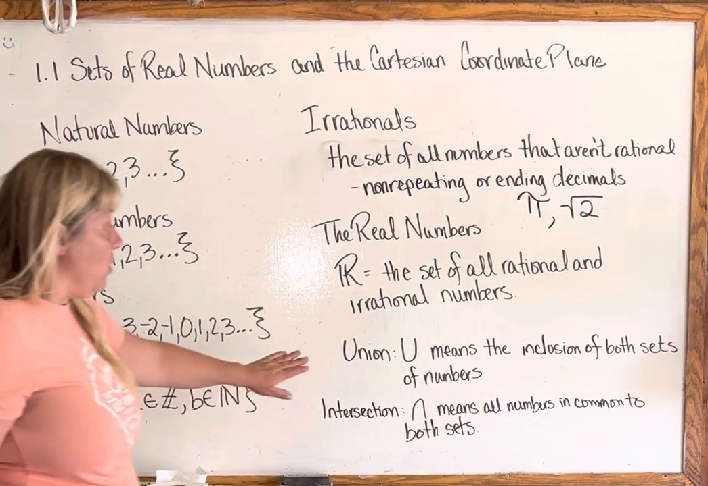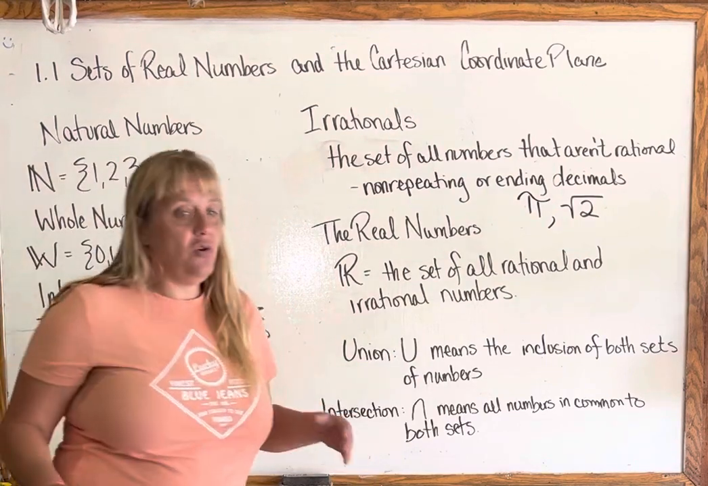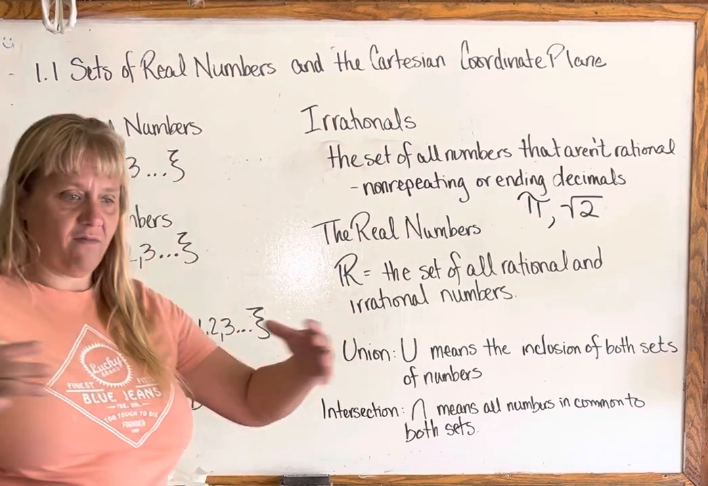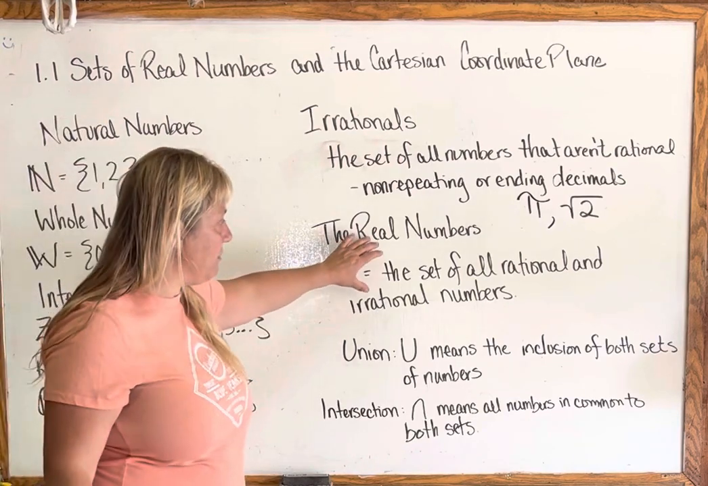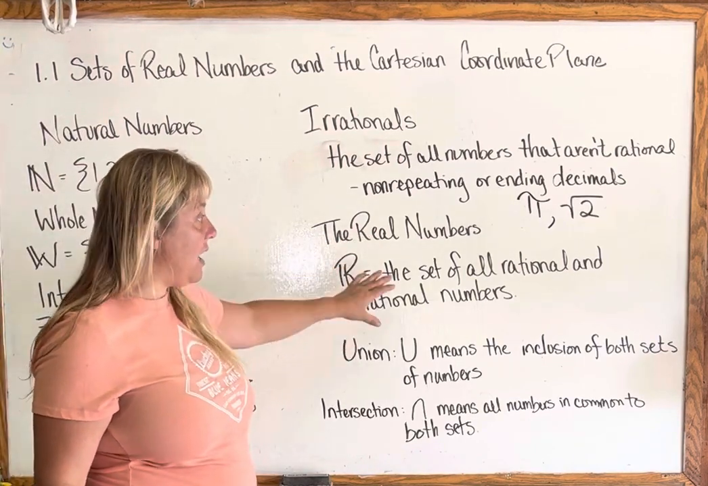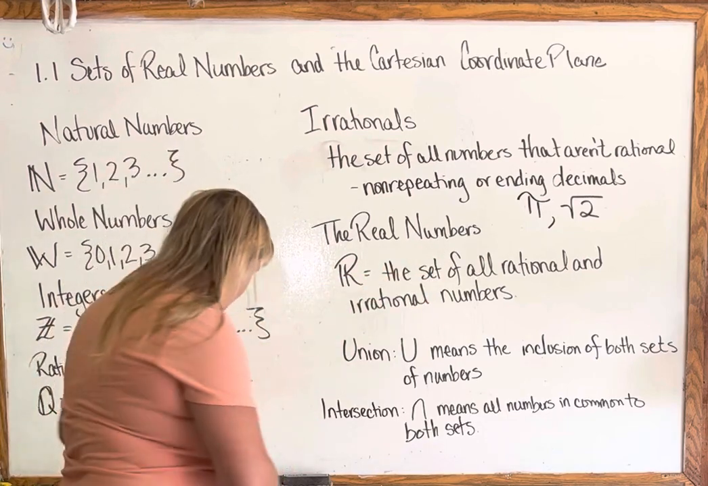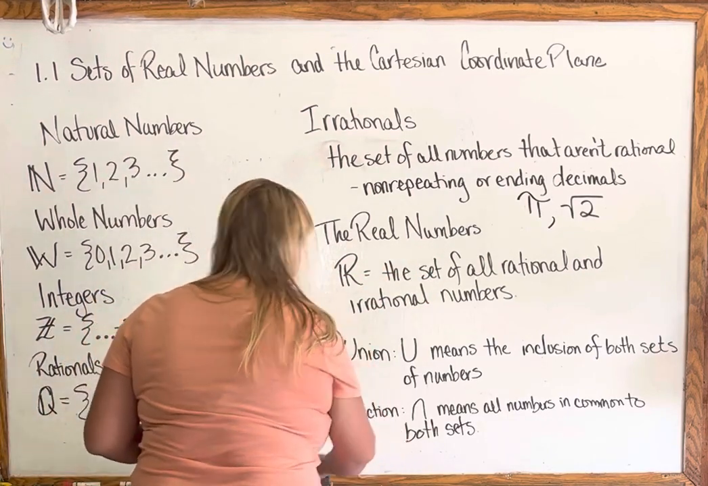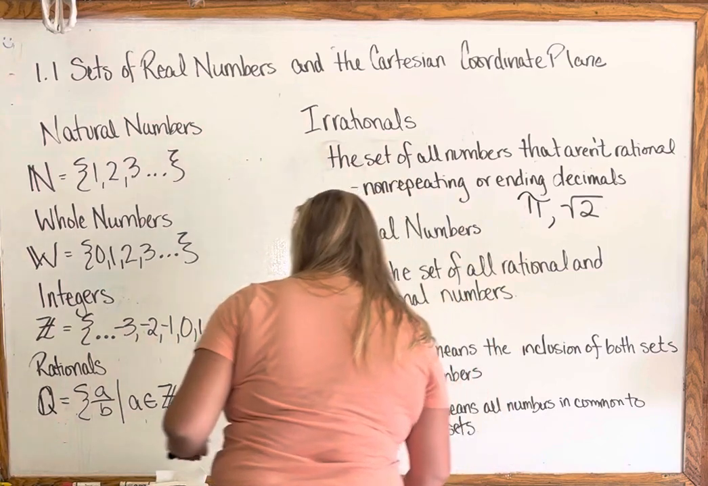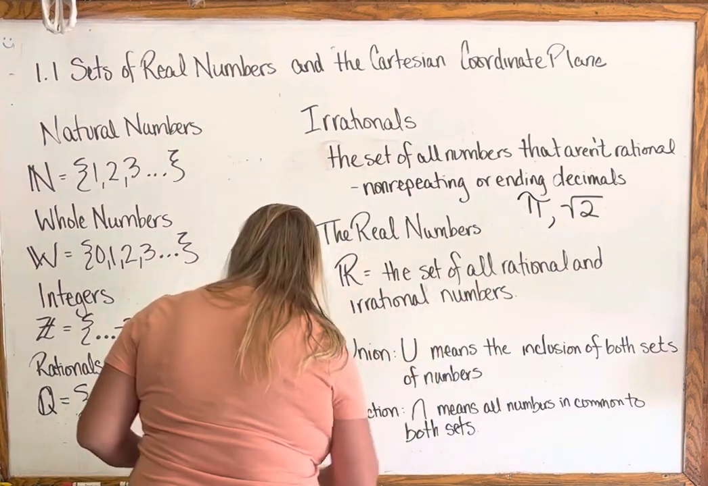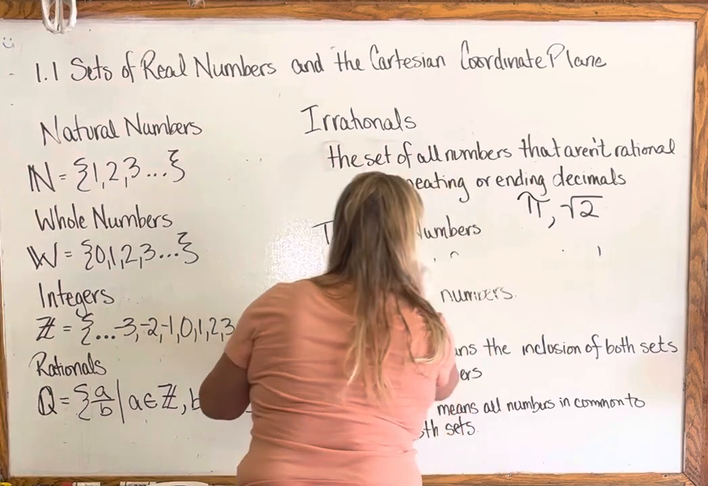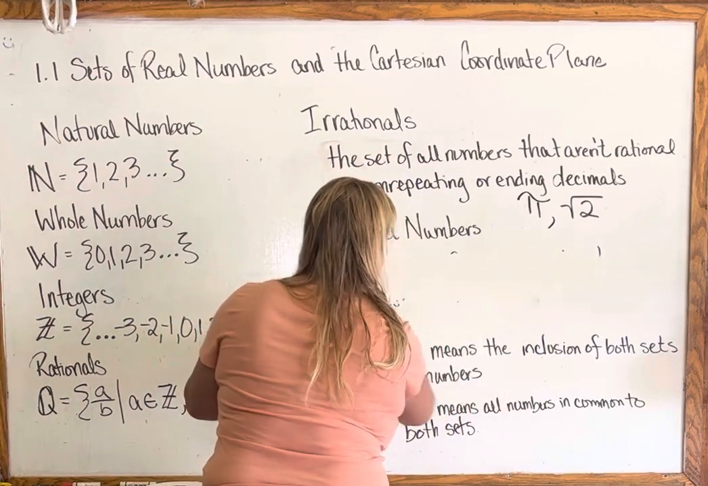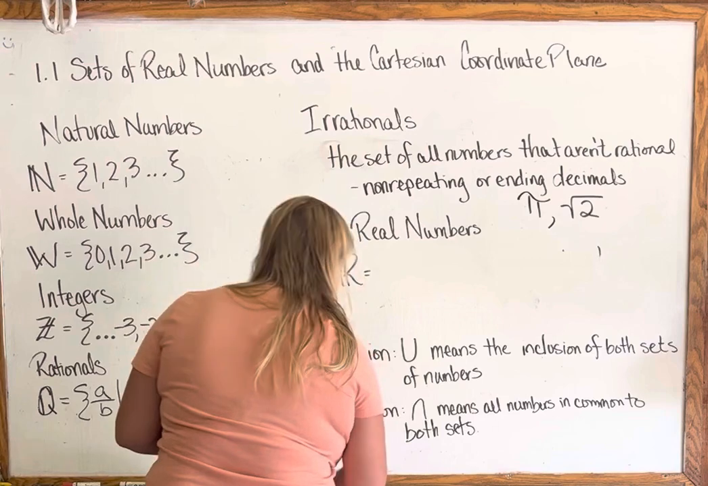Okay, so we use the word union, and union means the inclusion of both sets, bringing both sets together. So the real numbers are the union of the rational and irrational numbers. So where is my eraser here? Oops, this is not going to go well if things don't erase. So we could say